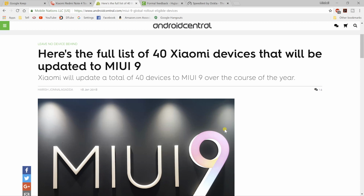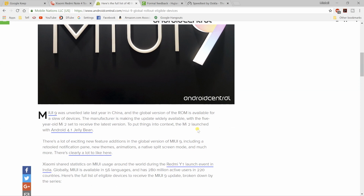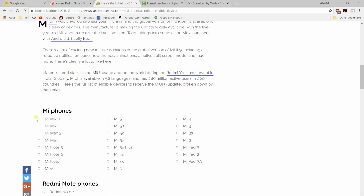The last and final thing as to what this device could offer you potentially as a buyer is the longevity of the device. Now, if you're in America, Xiaomi isn't really that big of a brand, but if you're outside of America, Xiaomi is becoming one of the leaders in most consumer electronics. In Vietnam, it's a smaller brand that has a really big cult following, and a couple of the reasons why their fans are so loyal and devoted is that they push out updates to their devices usually up to 2 years, if not more. They recently made an announcement that they were going to be updating a lot of their